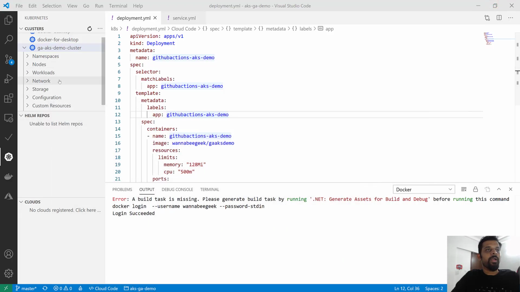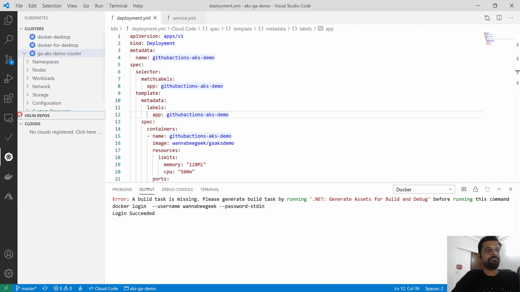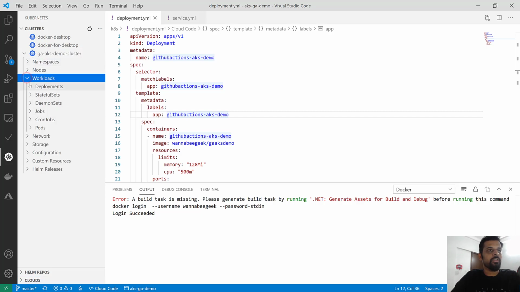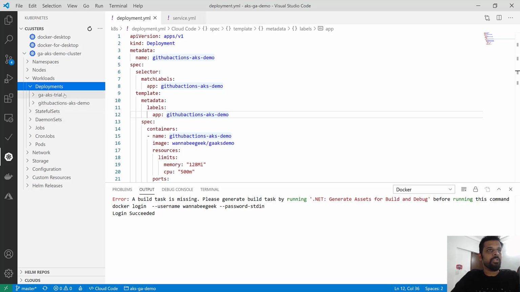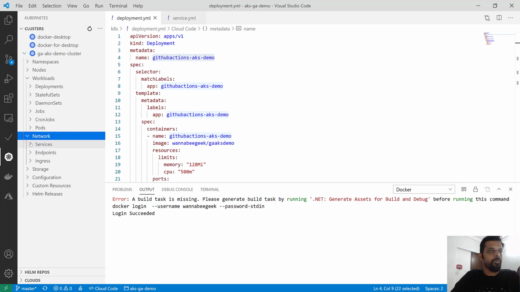So now if you go back here into the Kubernetes extension, we can see this GA AKS Demo Cluster, and if you go under the workloads, under the deployments, you should be able to see the one which we just did, which is GitHub Actions AKS Demo, which is exactly this particular deployment here, right? And the services would be available under the network. So if you expand the services, you can see something called